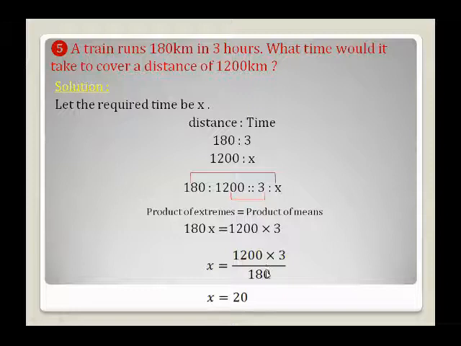As you see students, if we cancel it by 3, 0 and 0 cancel, 3 ones are 3, 3 sixes are 18, and 6 cancels with these, 12. 6 ones are 6, 6 twos are 12, and 0 as it is, so we get 20 here. Okay, x is equal to 20. It means that the required time is 20 hours. Okay, the distance of 12 kilometers is covered in 20 hours. This is the final answer.